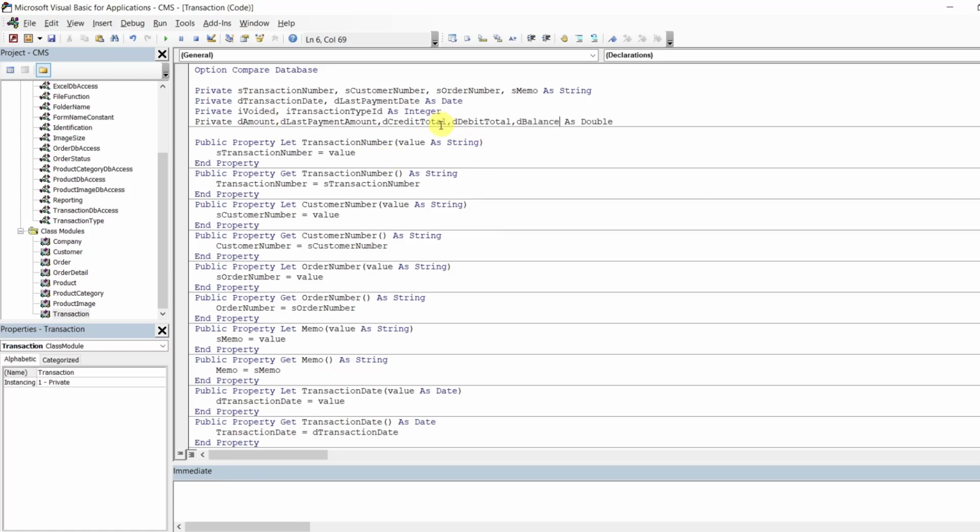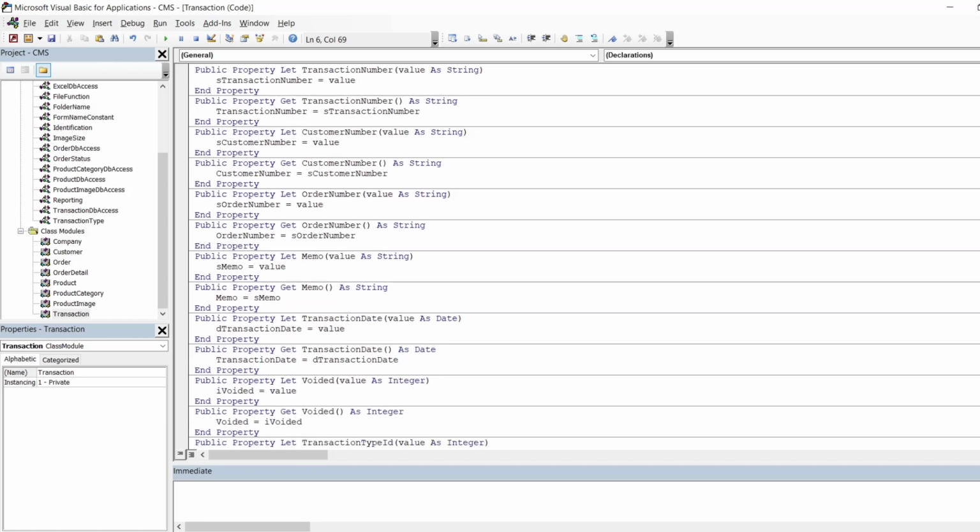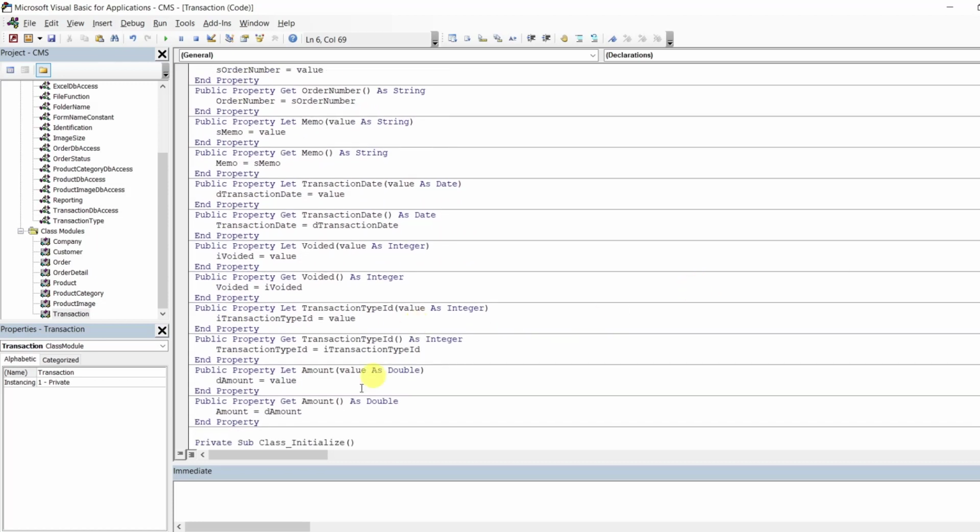That's what we need. So we need 1, 2, 3, 4, 5 more properties. So let's go to the bottom here. Let's copy this guy,